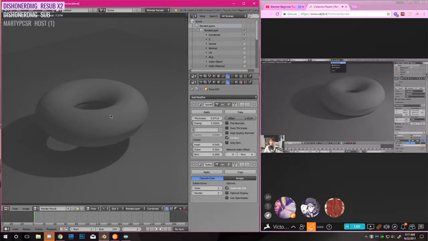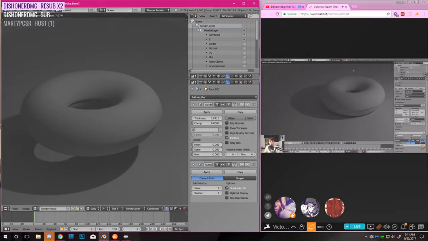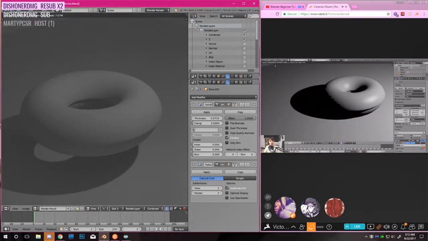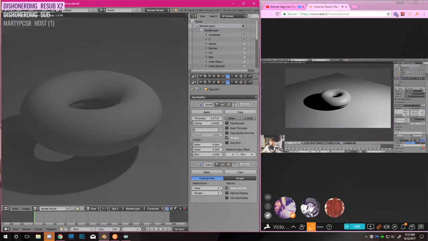Now, some people will say, what's wrong with internal? A lot of people still use the internal rendering engine. Maybe like 2 to 5% of the community probably still use it, because there are some advantages. Like one, you'll notice that the Cycles render here took 6.5 seconds, whereas the internal rendering engine took half a second. So if you're rendering a lot of frames,